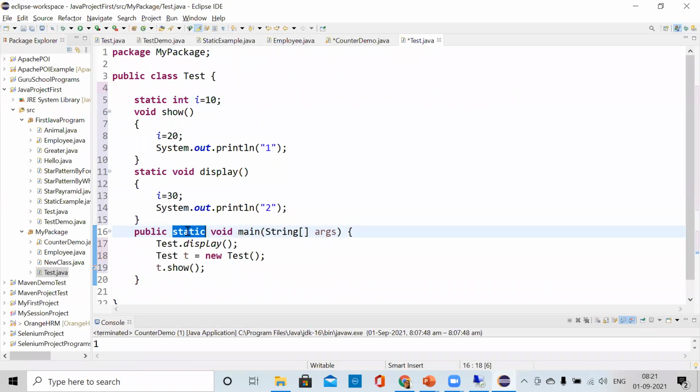See, a static method can only call the static method.